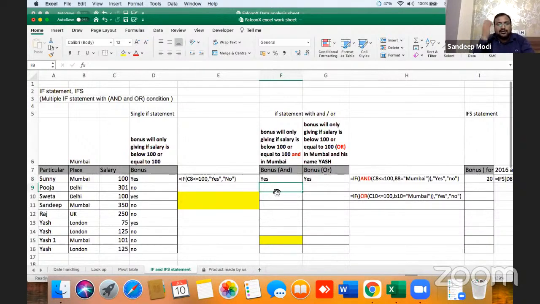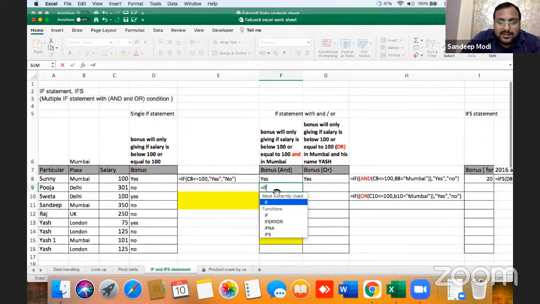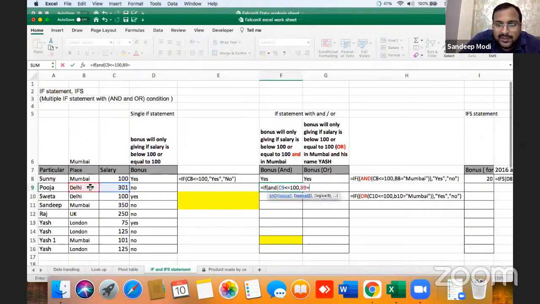Nobody outside Mumbai will get it, and in Mumbai, those whose salary is less than 100 will get it. So the formula here goes like IF AND, this less than or equal to 100, and this equal to Mumbai. Here I'm writing Mumbai in inverted commas because it's text. And one more thing to note here is that it's not case sensitive. This is the logic. Now true or false, we will write it here.